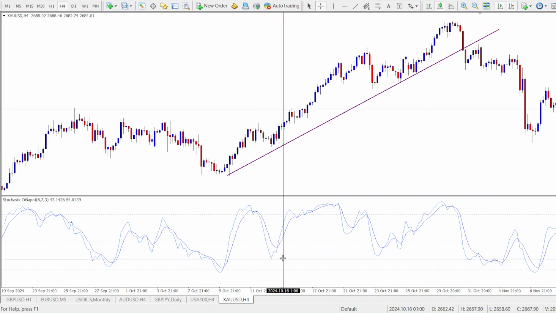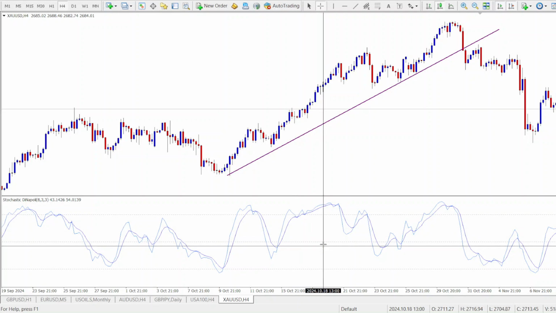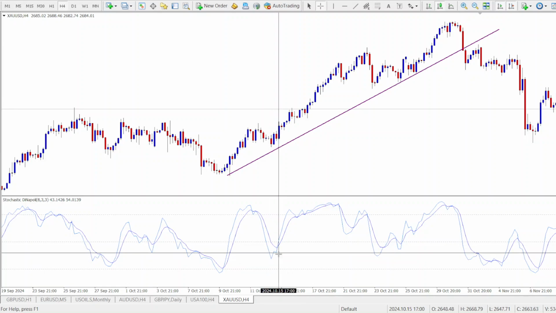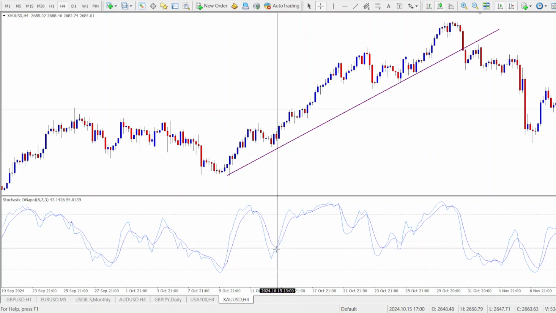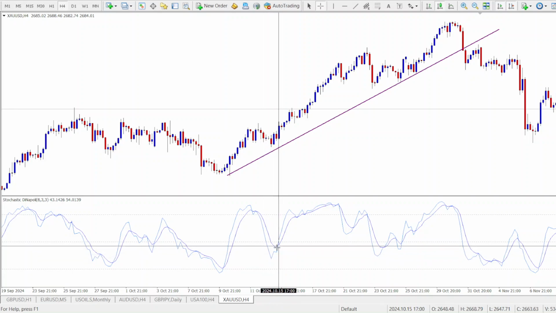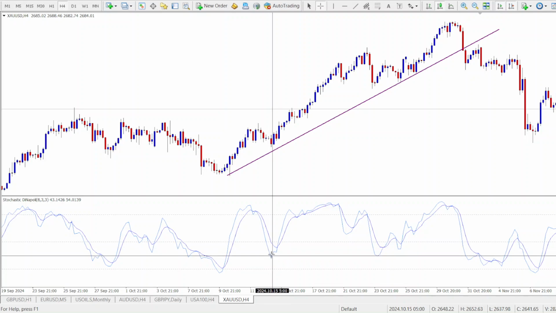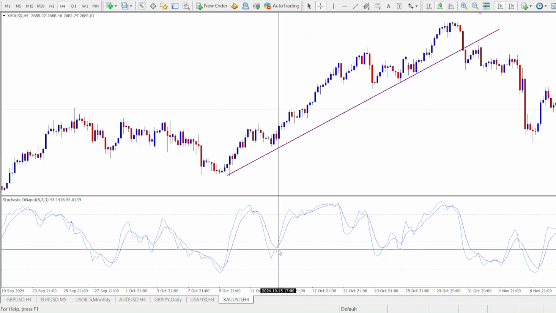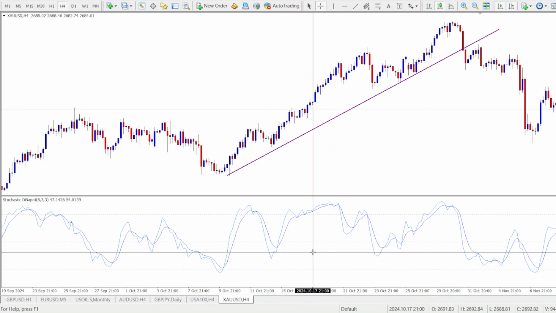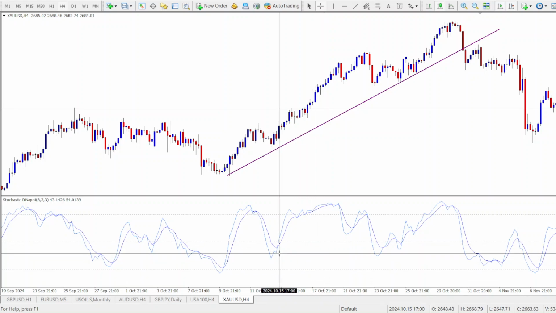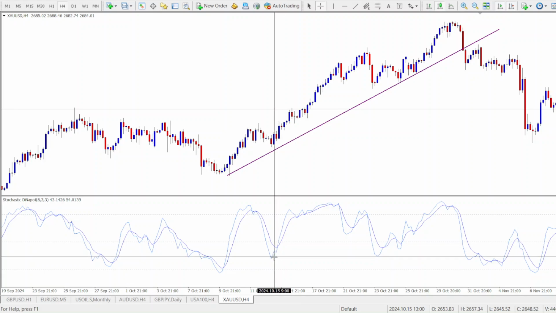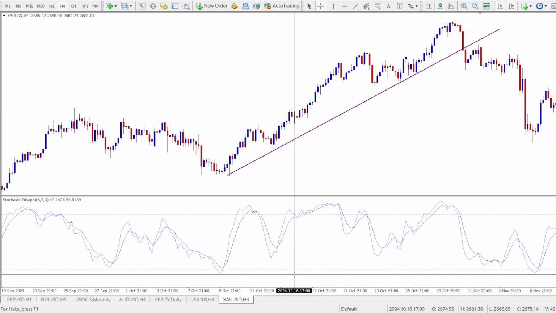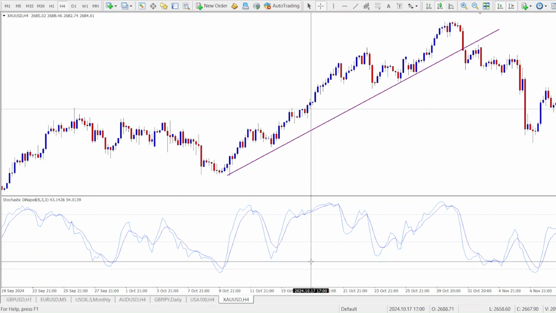So remember what I said: when you have the stochastic give you a crossover signal, that is a buy signal. When you have a bullish crossover signal, meaning when this line, the lighter blue line, crosses over the darker blue line, you have a buy signal. If you get the buy signal between 50 and 20, you can go ahead. It does not necessarily need to be in the oversold territory. Whether the signal comes in the oversold territory or between 50 and 20, you can go ahead